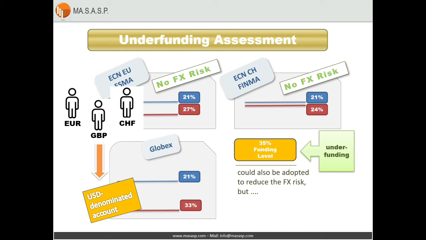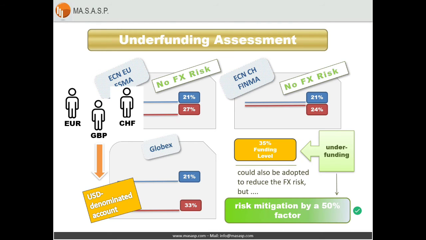Let us assume that we are in this case. Our domestic currency is euro, and we provide funds to a US dollar denominated account in order to operate on the Globex. If we resort to underfunding, the amount of our US dollar denominated funds will be just the 50% of the notional value of our investment. That will mitigate the Forex exchange risk by a 50% factor. That's remarkable, but let us make an accurate assessment of this risk before thinking of mitigation strategies.